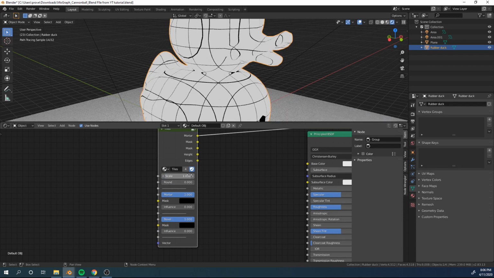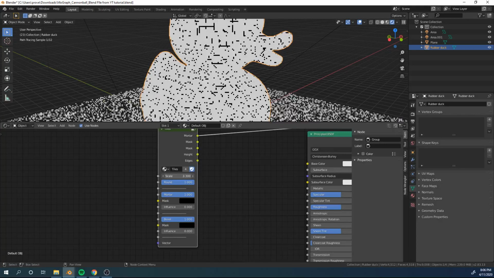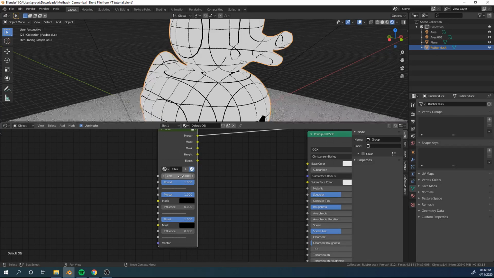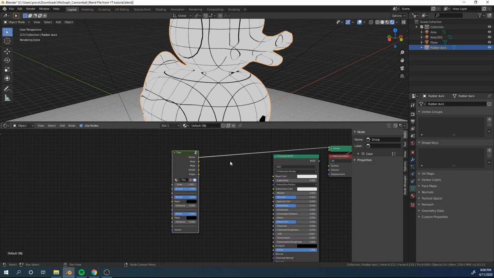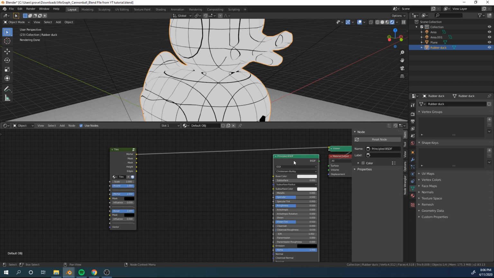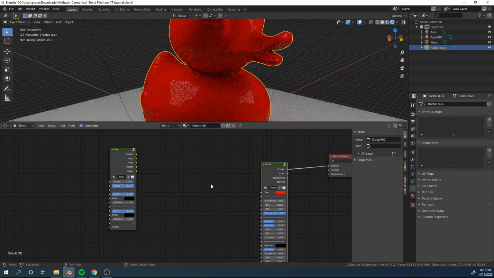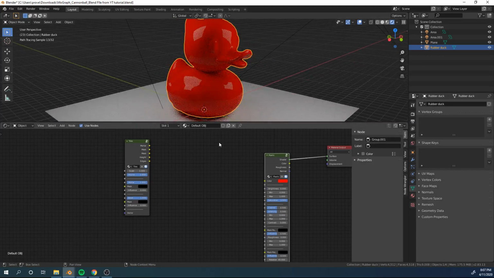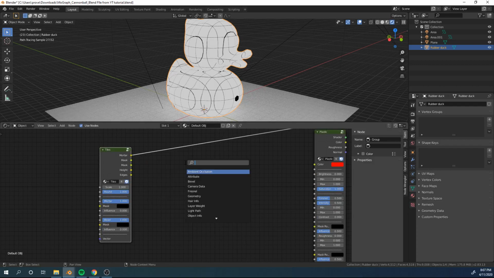And also we can round this too, so that it's snapping to increments. I am going to plug this into a plastic shader for our result. I am going to plug this into a tile